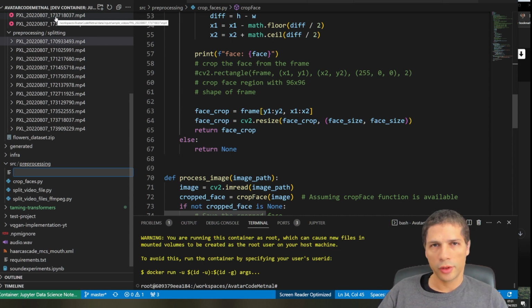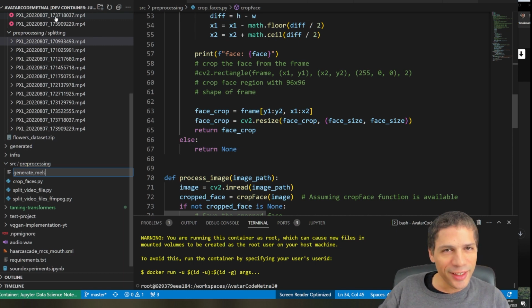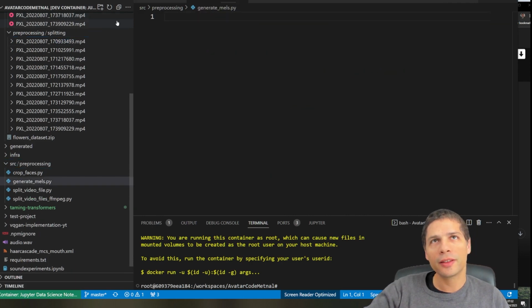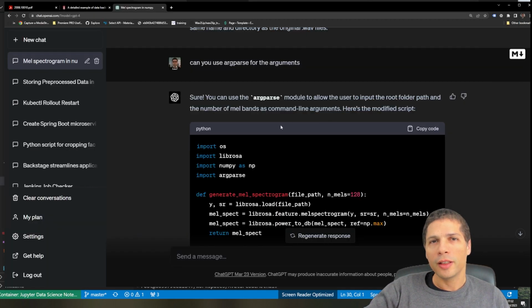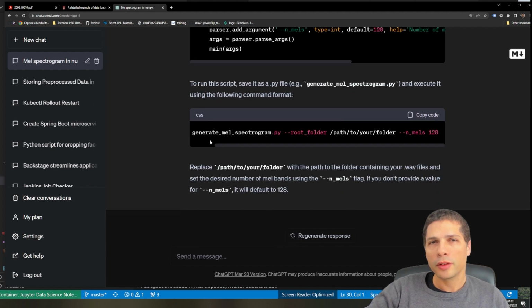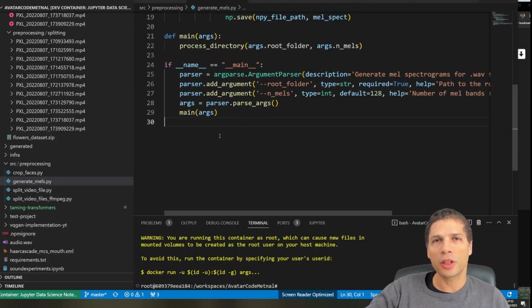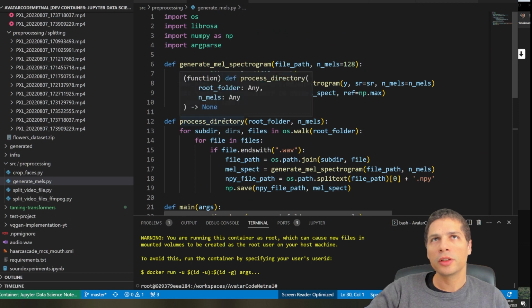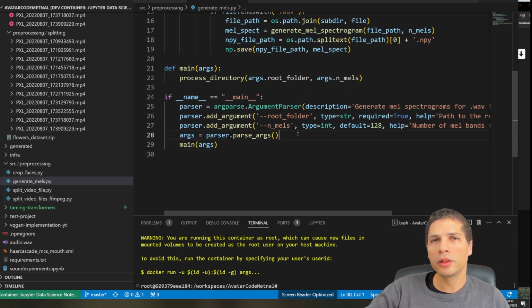using these scripts. So in this case, I'm going to call this script, what's it called? Generate Mels, .py. Anyway, that's probably very similar to the name that ChatGPT came up with. So we have generate Mels, and